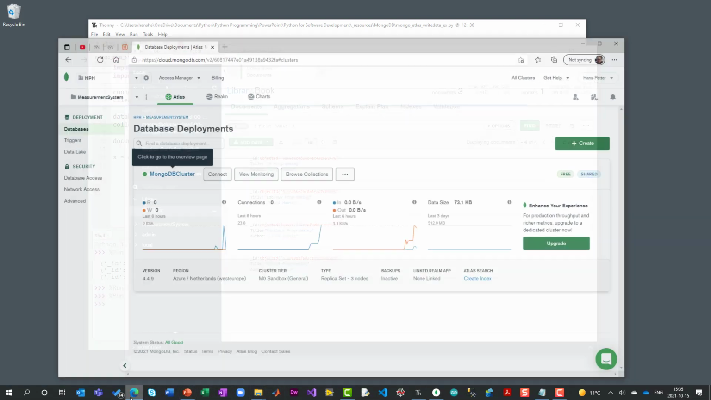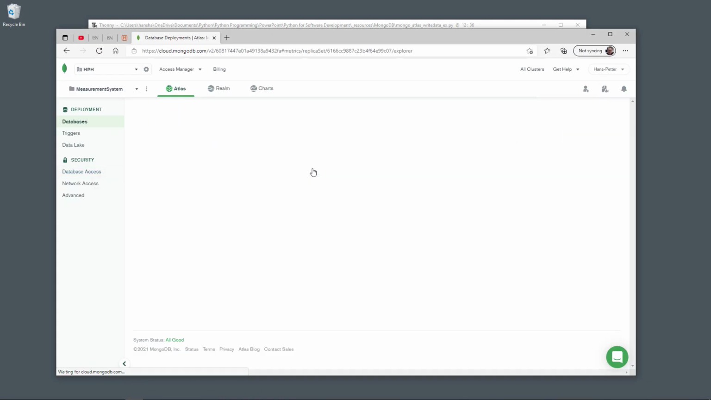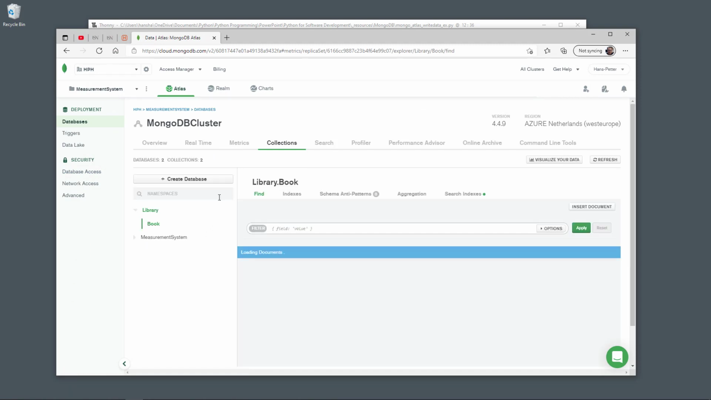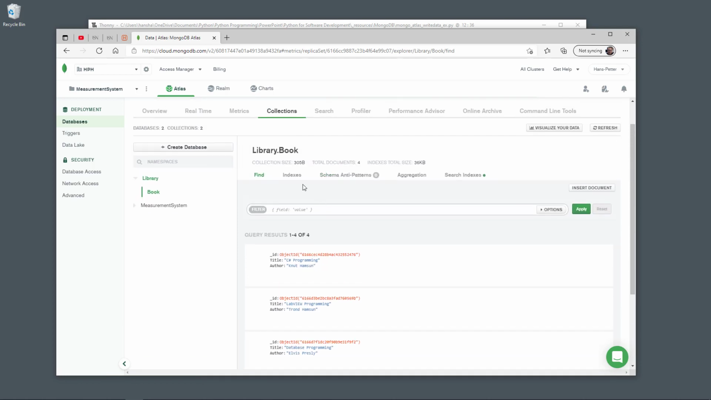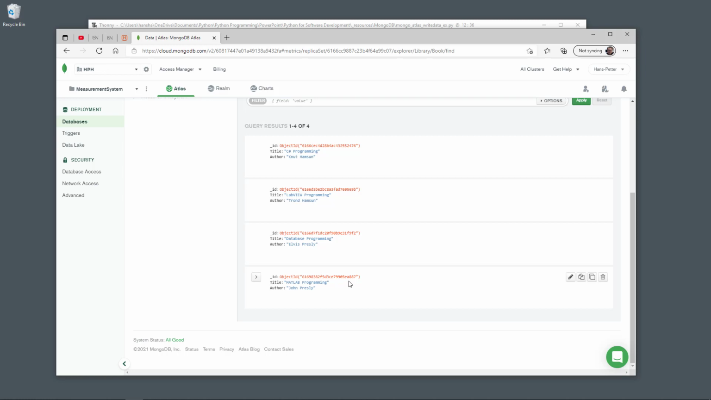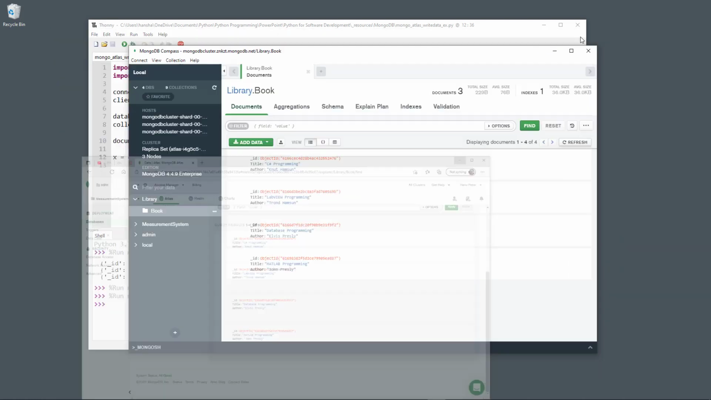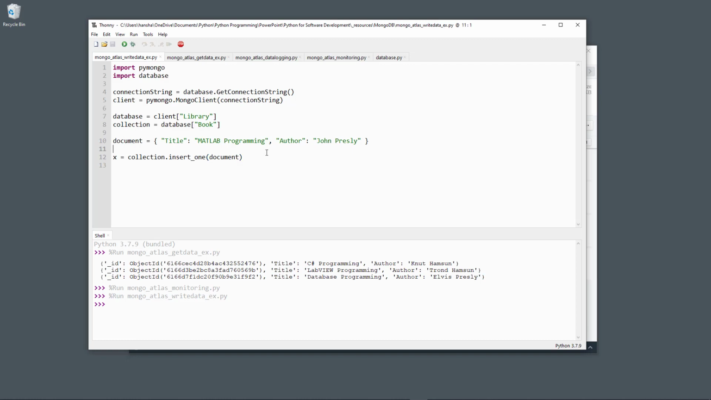And I can also go to the web page, click browse collections here, and then you see now I have 1, 2, 3, 4 documents within this collection and the database. And you see this new document with the title MATLAB Programming and author John Presley, which was just created from this Python script. And the next step now is to use Python in order to retrieve data from this MongoDB